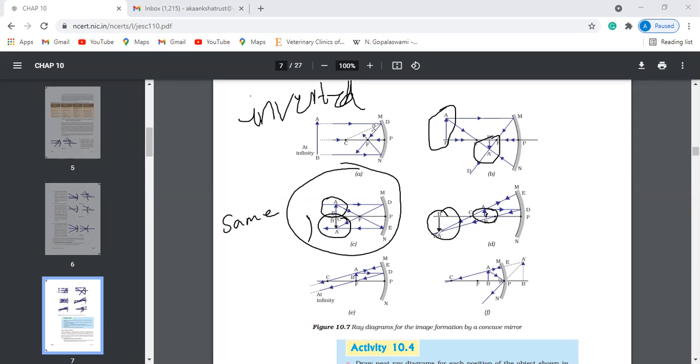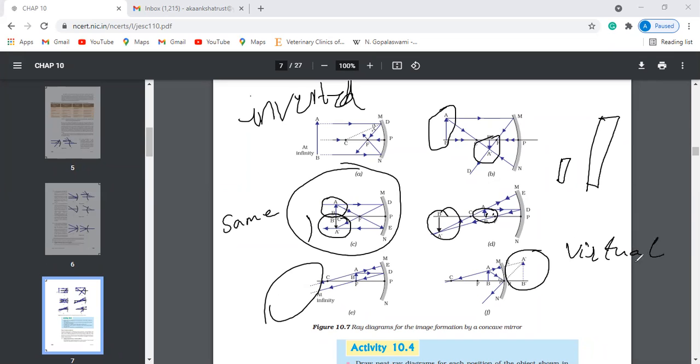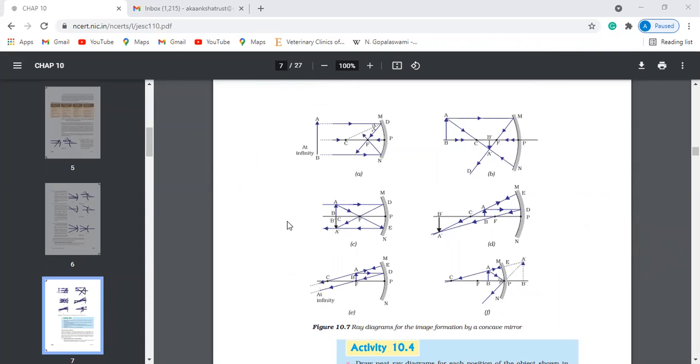It is inverted, that's one thing, and one more, it is enlarged compared to the size of the object. If the object size is like this, and the image of the object is more than this, then we call it an enlarged image. Similarly, there is no formation of image as it meets at infinity. This is called a virtual image or imaginary image, because as I said, when you bring these dots and join them together, that's called a virtual image. Okay, so now it's very important for you to remember this table.